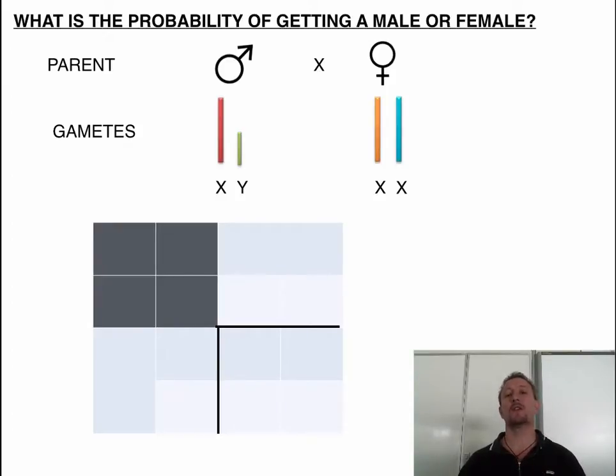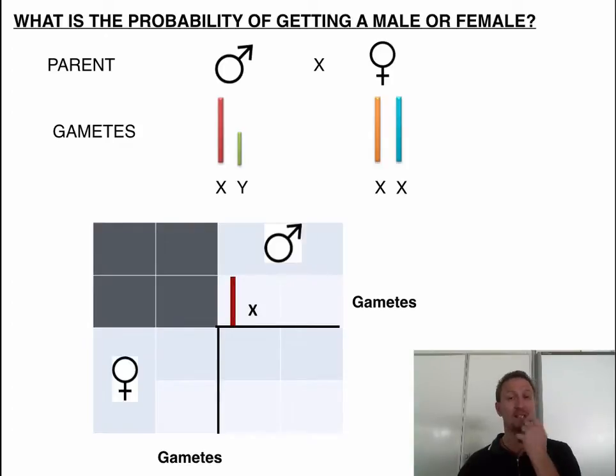Then we produce something called a Punnett Square. Now in that Punnett Square, we're going to put our information. We've got our male and our female. Okay? Then we need to put in our gametes. Now the gametes go in each individual box. So basically in the first box, that's a sperm which contains an X chromosome. Now half the number of sperms will have that X chromosome. In the other half of sperms, they're going to be Y chromosomes. In the female, half the eggs are going to have that X chromosome and half the eggs are going to